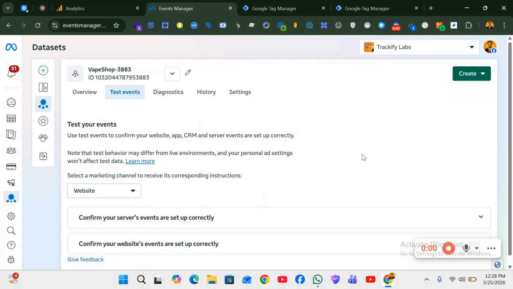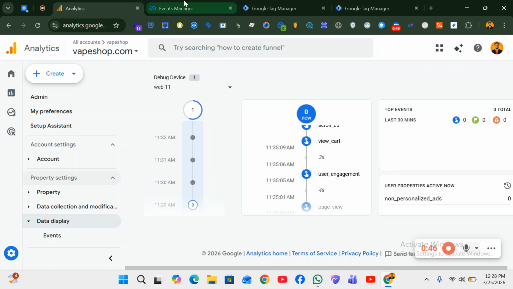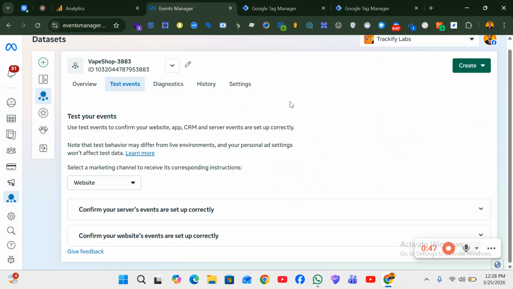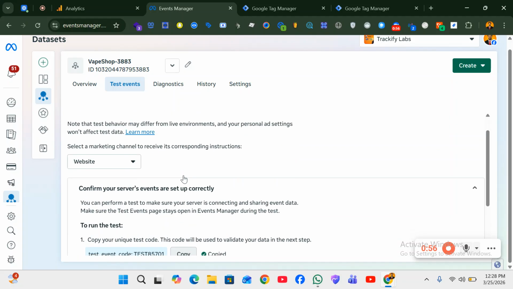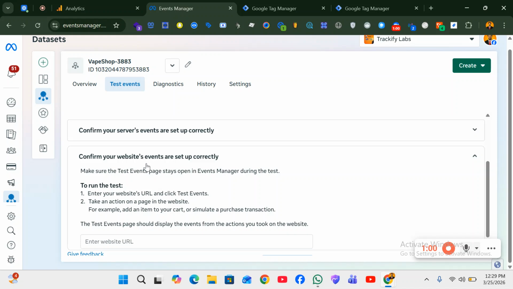Today I will show how to preview a GTM on a website. First we need to open our GA4 Google Analytics for debug mode. Then we open our event manager website. Then first we need to copy the test event code and open the confirm your websites are